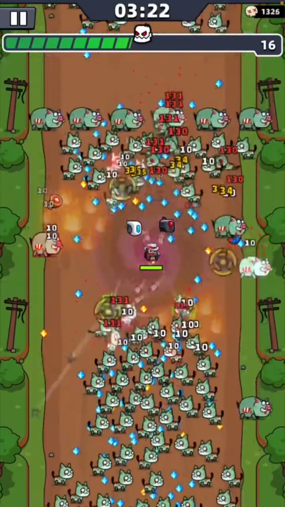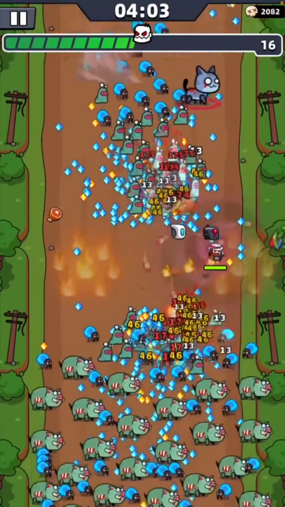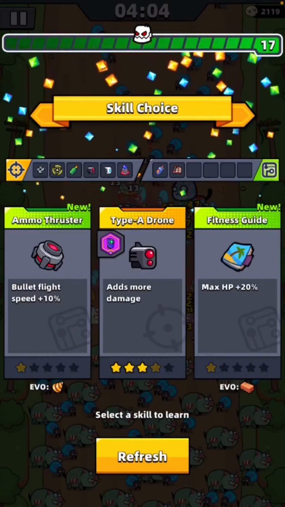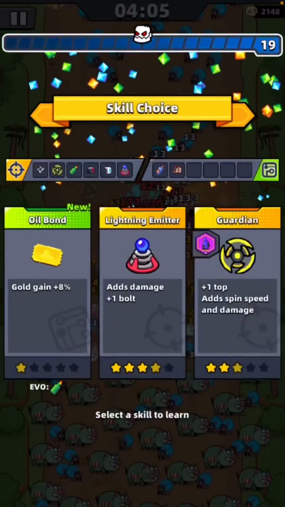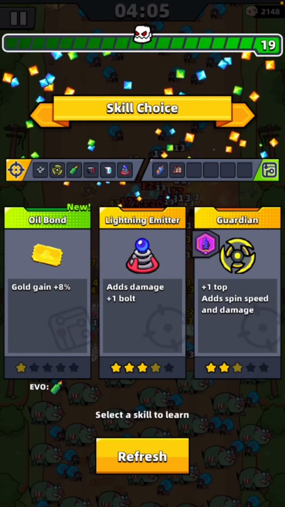But I think our DPS is just about high enough that we don't really have to move too much, so I'll just let a few of these gems build up, and then I'll get the magnet. So far so good. Didn't have to move, but just as all those elites and hippos come in, I thought I would just try and grab that magnet ASAP. We'll upgrade the drone there and the drone again, so now hopefully if we can get the white one, we can get the destroyer. I might get the oil bond here just so I at least have, in fact no,